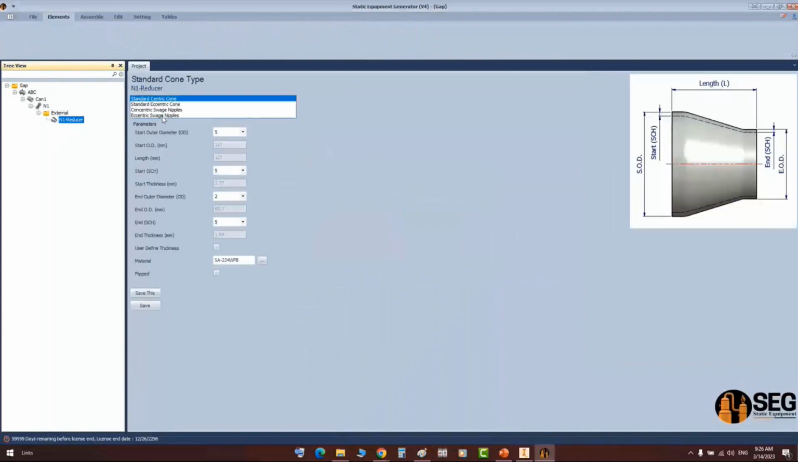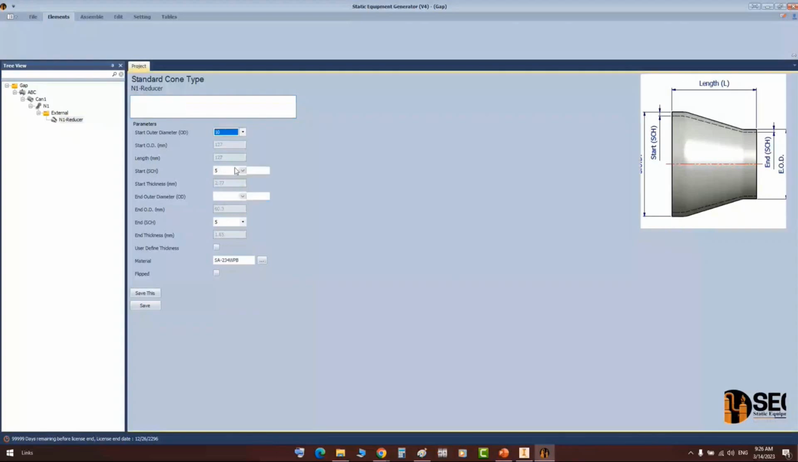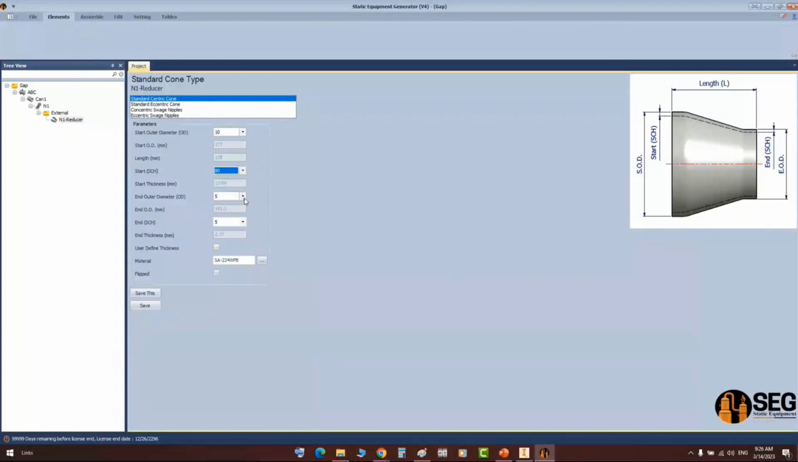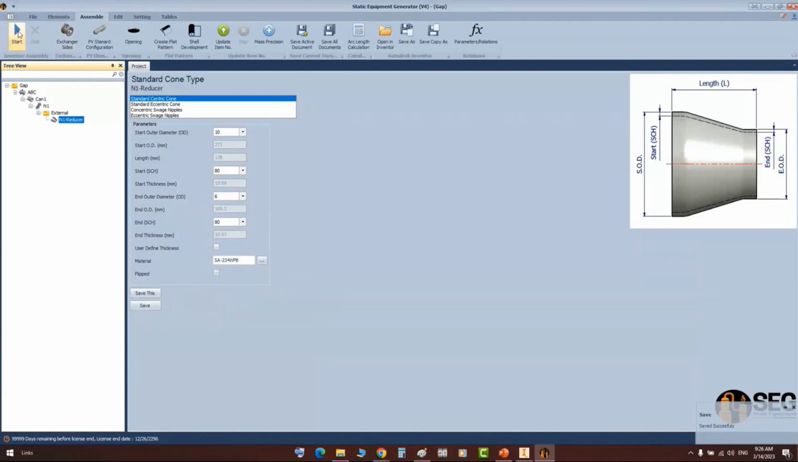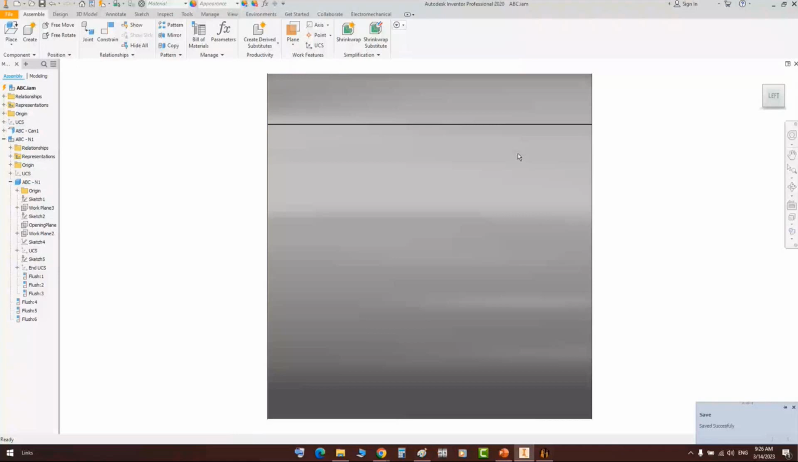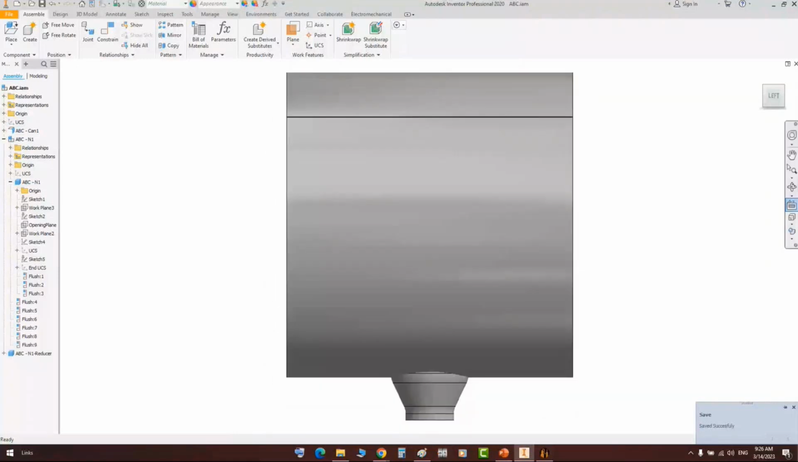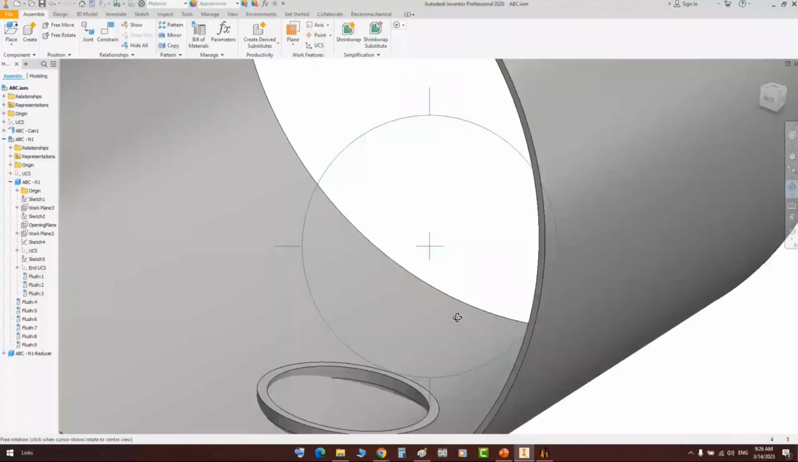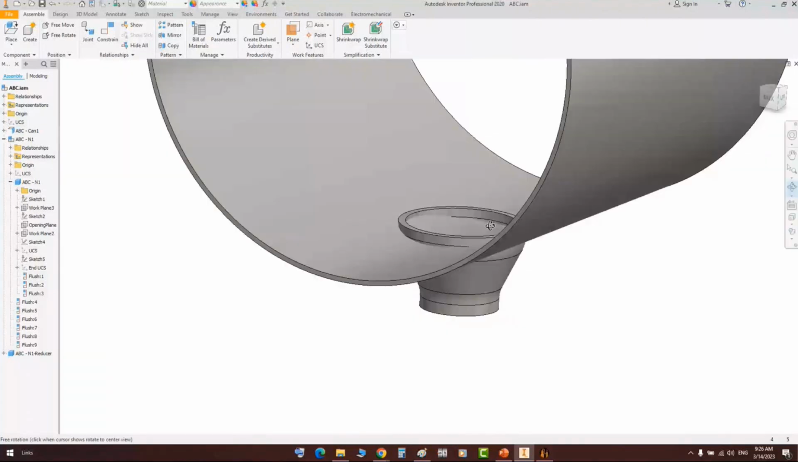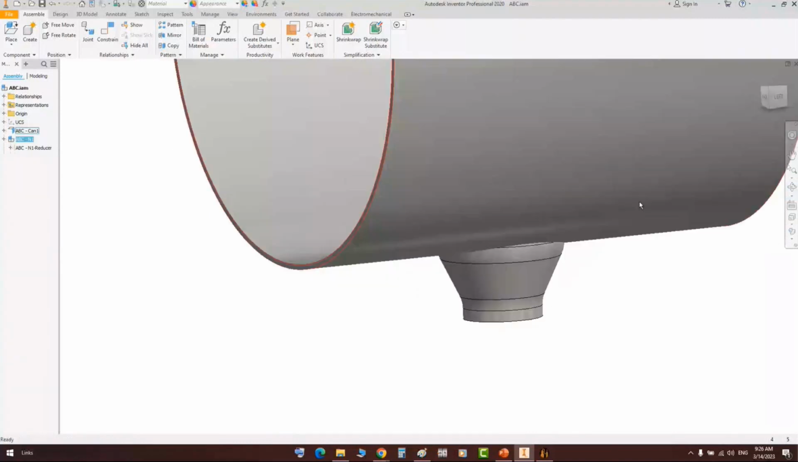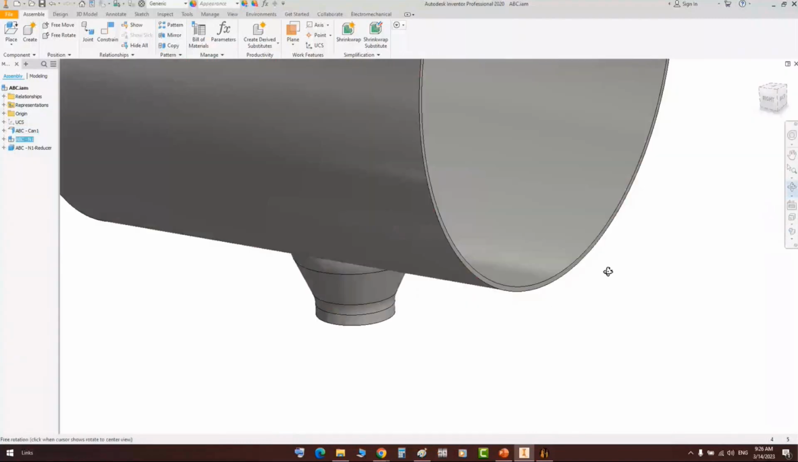From here, let's select a standard centric reducer. Define the size of this one, and schedule the end size and schedule, and click on save. Now when you click on assembly, you will generate a centric cone like that at the end of the nozzle. So by using the technique of unreal nozzles, you can make other connections to